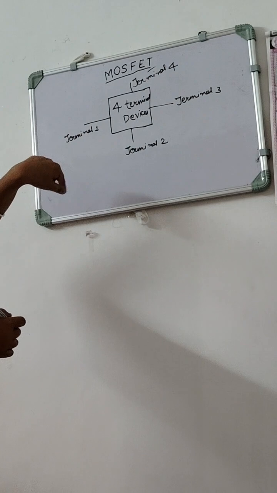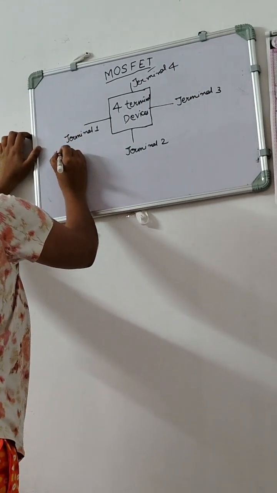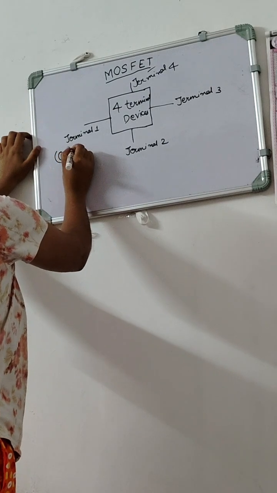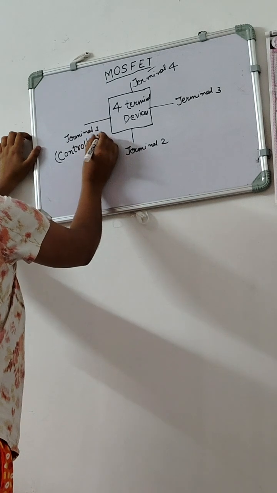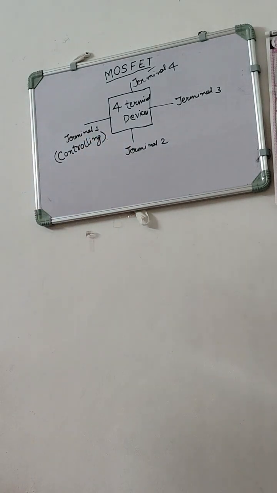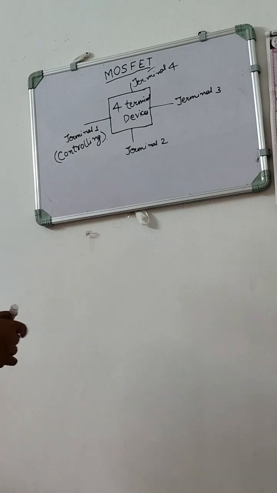In these four terminals, one of our terminals will be a controlling terminal. Controlling terminal means it will control variables like current. So this is our four terminal device. It is what it looks like. So in another video we will study what is a basic amplifier and what are the types of